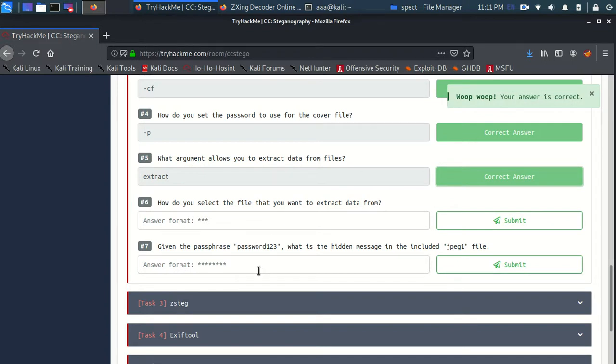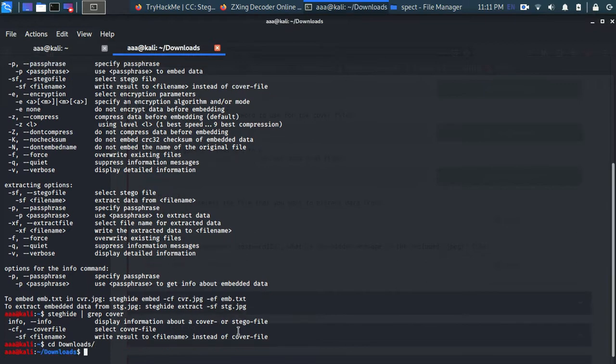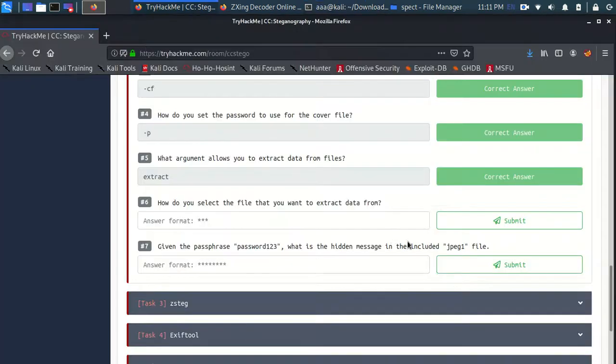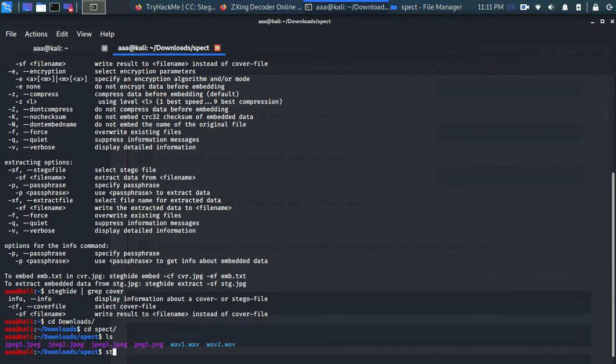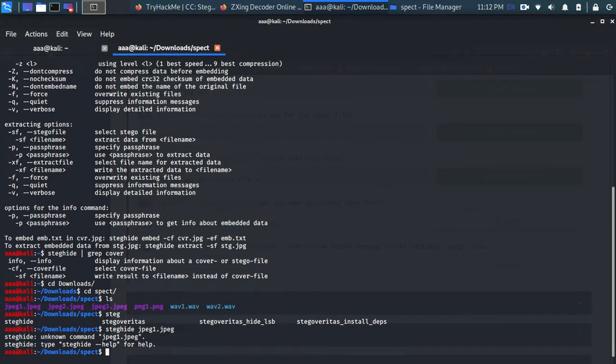Let me do this thing. There is this file known as jpg1. Let me go to cd downloads, and there is this file known as jpg1, and let me use StegHide on jpg1. Okay, so firstly let's provide the options here.